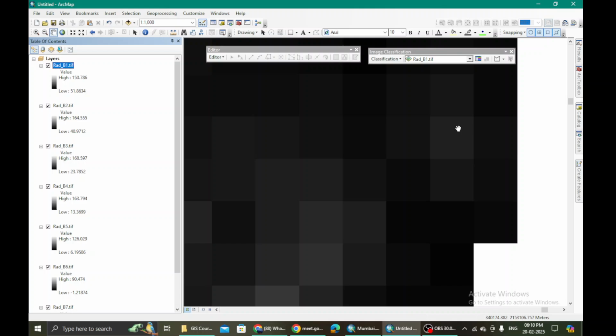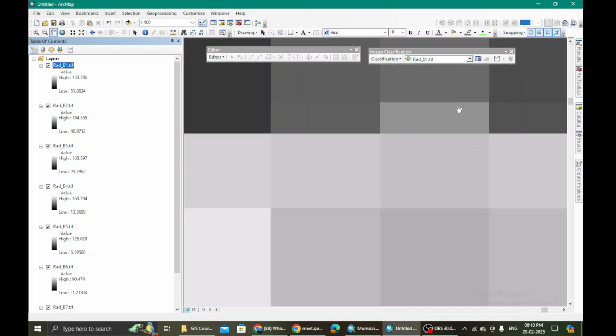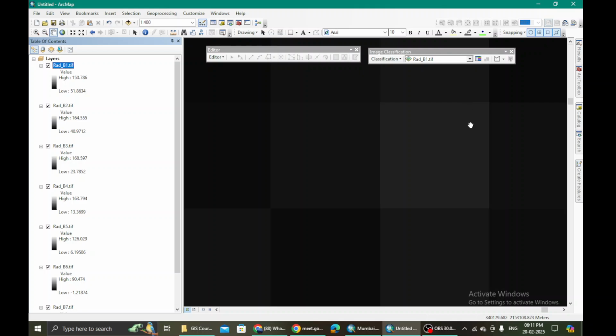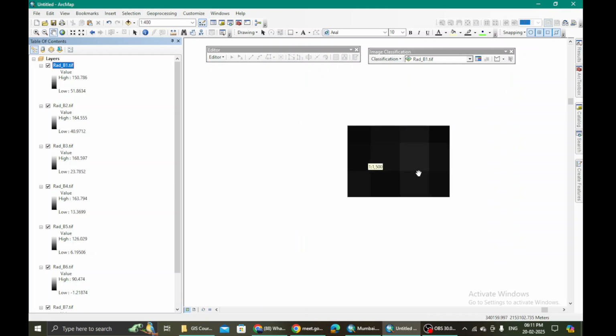How much do you think 30 into 30 is? It's around 900, right? 900 meters square. So the area covered by just one pixel is 900 meters square. 30 into 30.